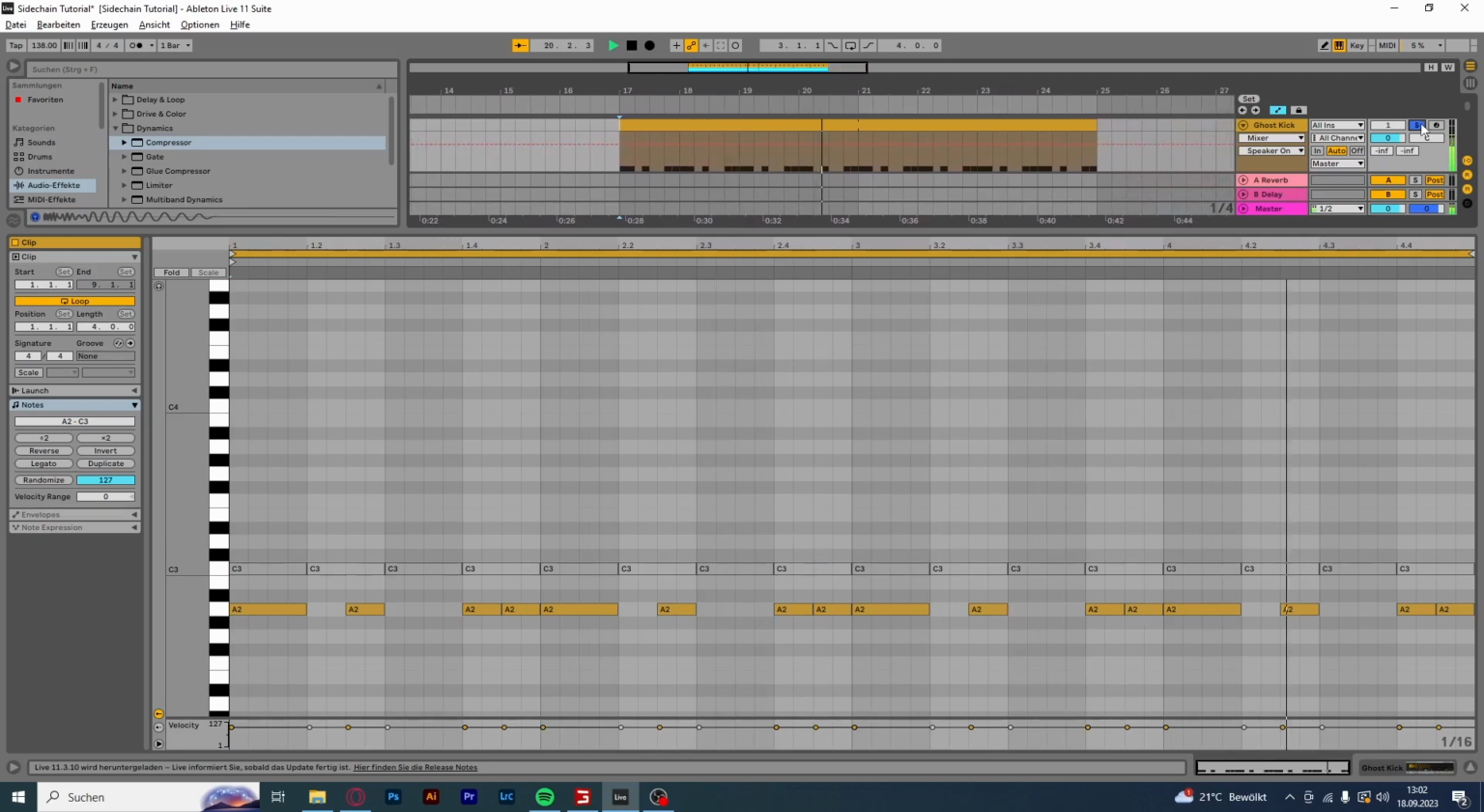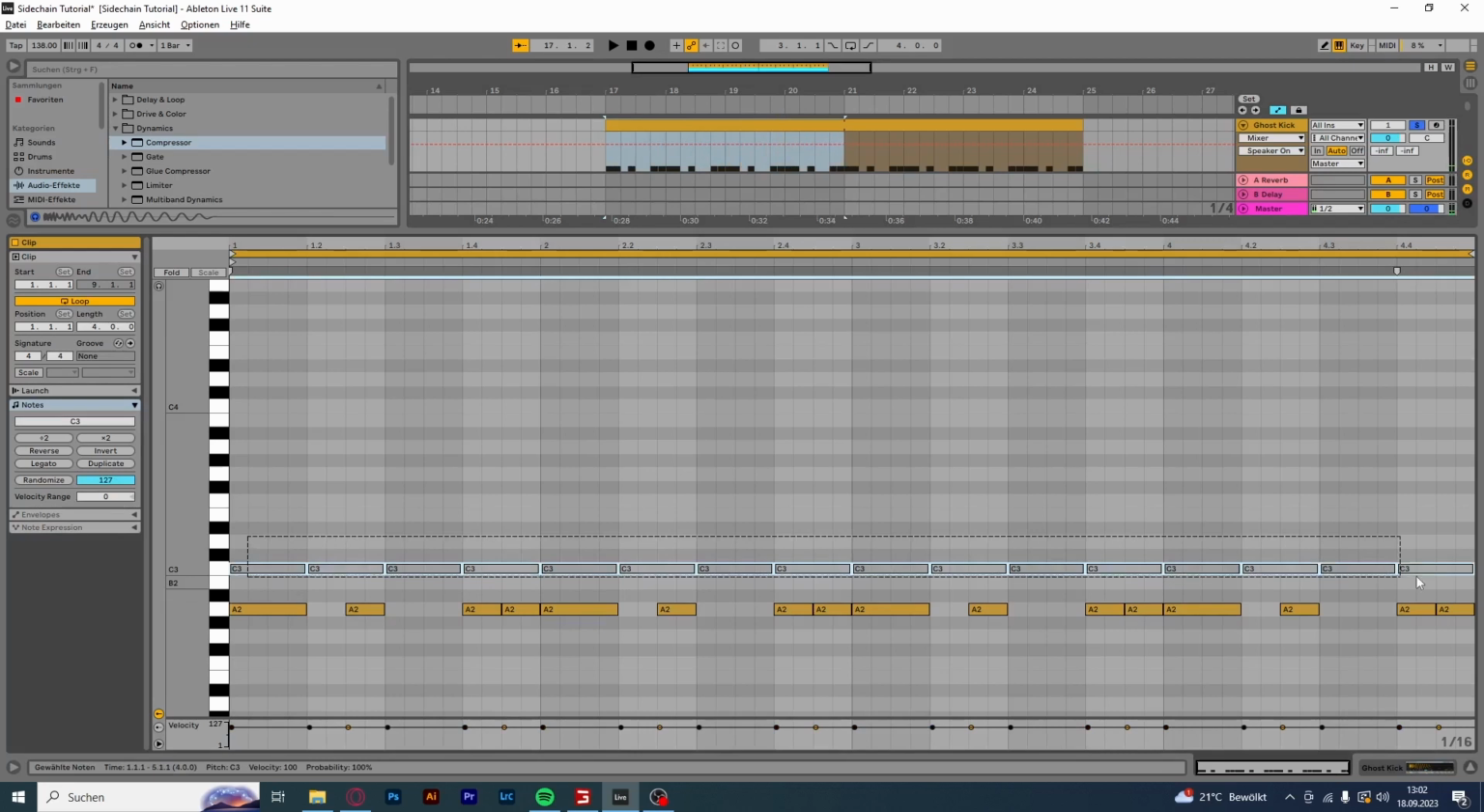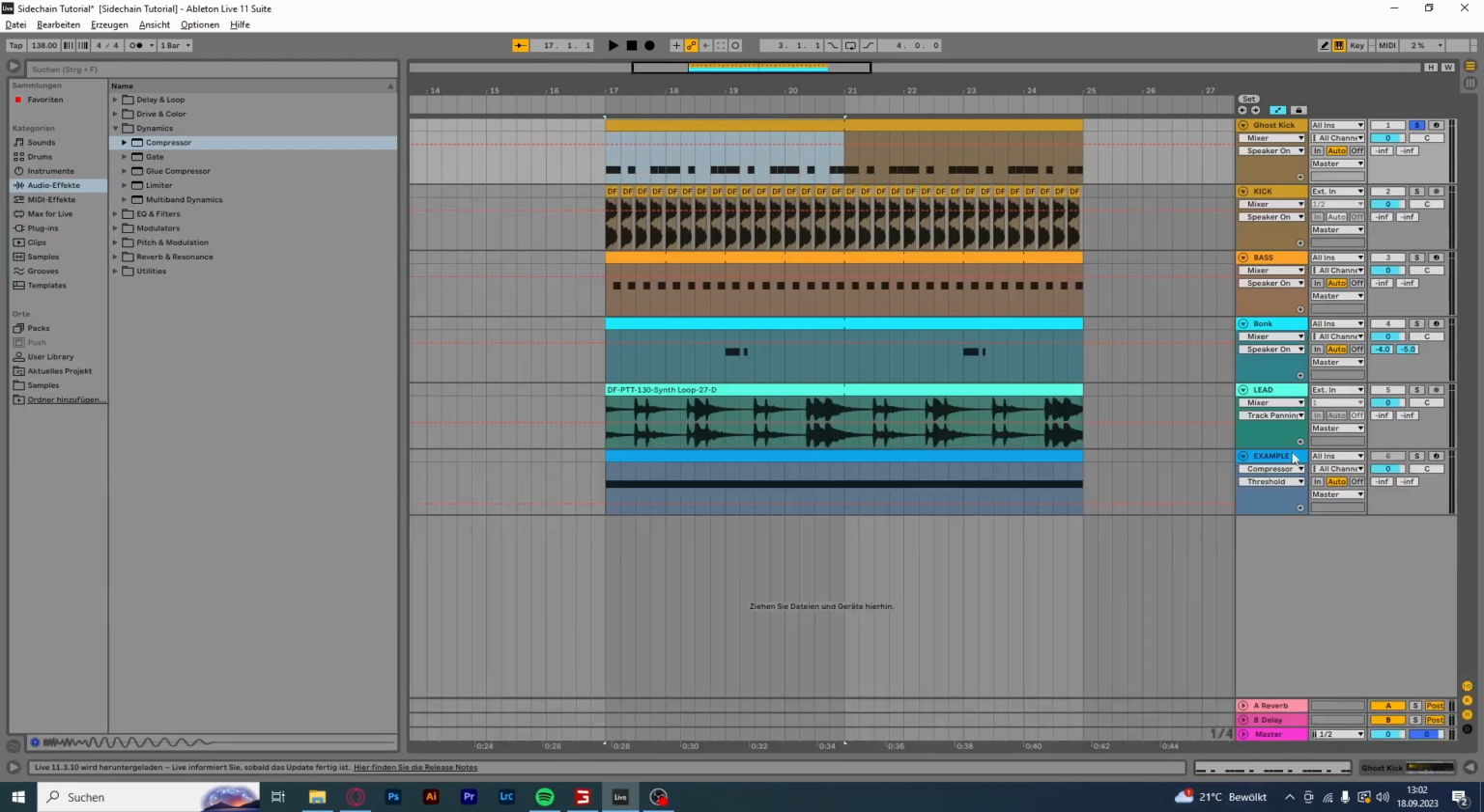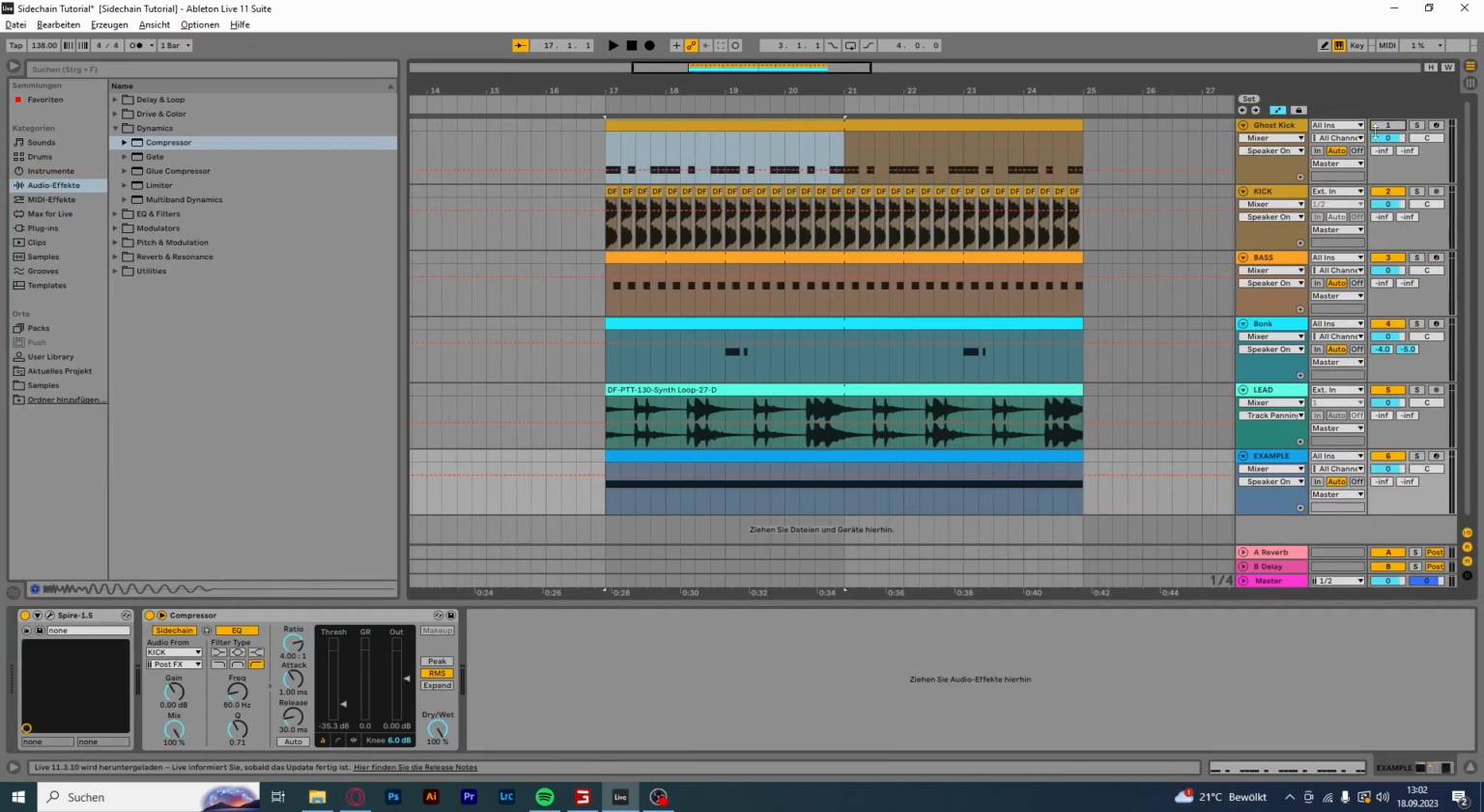This would be an irregular kick pattern. And what we will do is go into our sidechain, pull up the input and use ghost kick. And now it will use the sound that's coming from here. And you can already hear